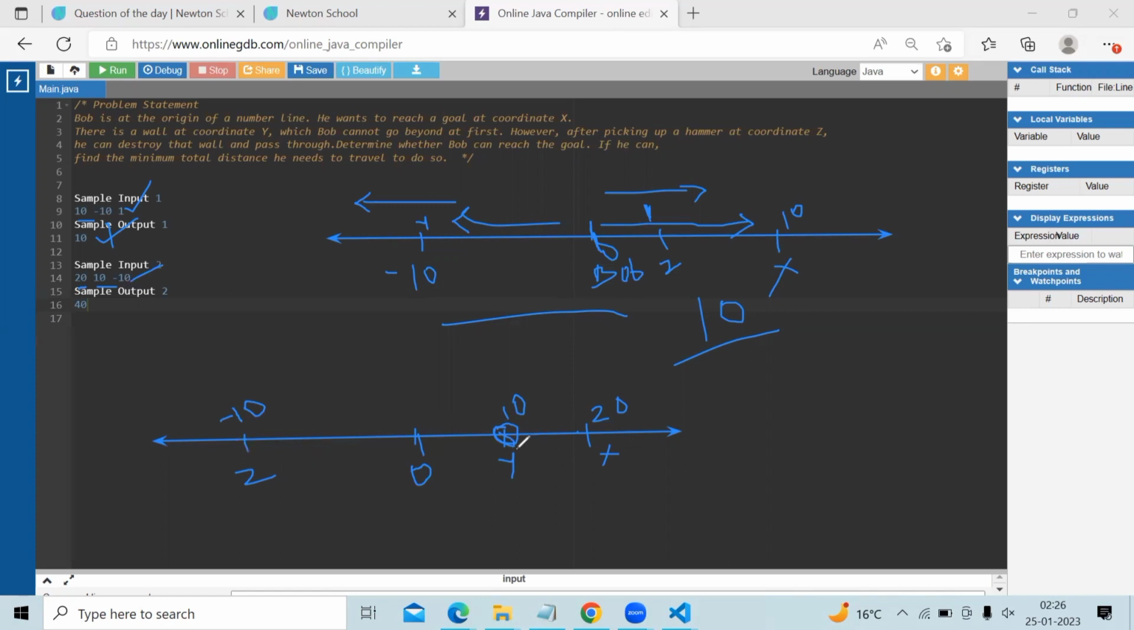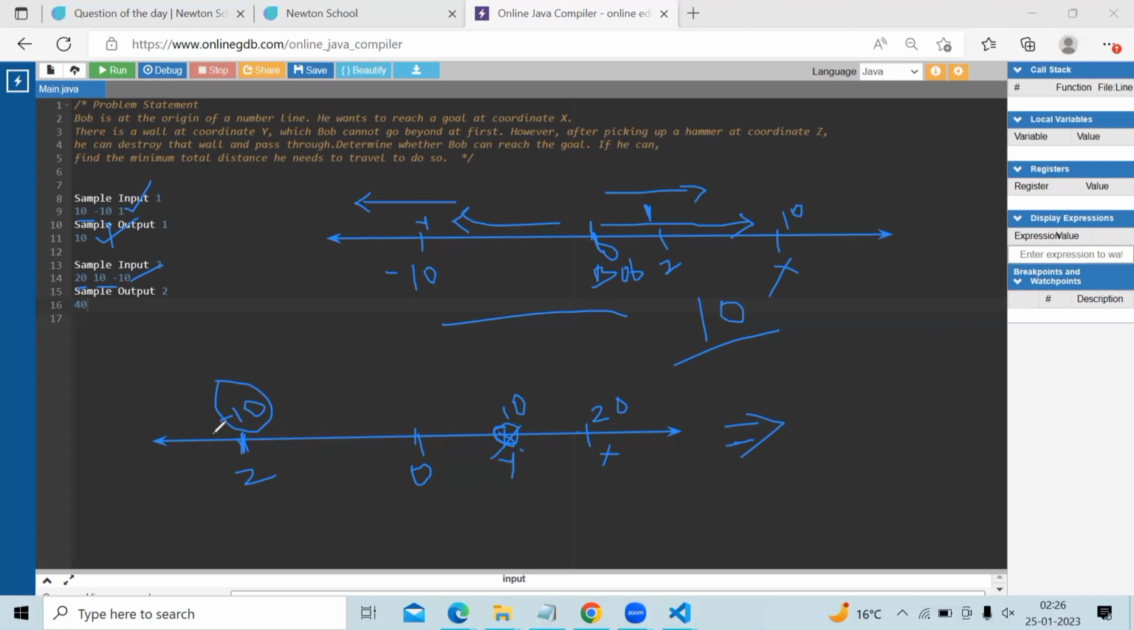He can destroy this wall by using the z coordinate, which is this one, and after breaking this wall, he can reach this goal. So Bob can break this wall, and now after breaking this wall, Bob can reach this goal. So the minimum distance to travel is